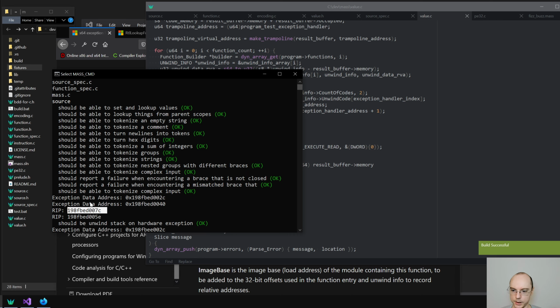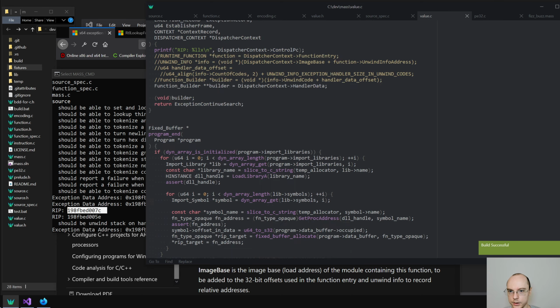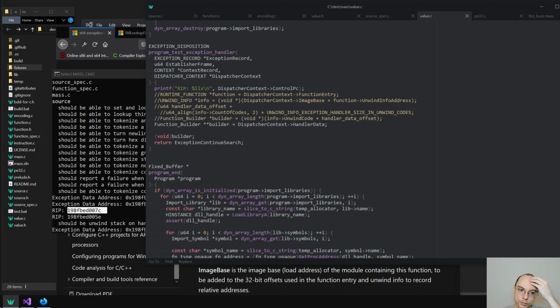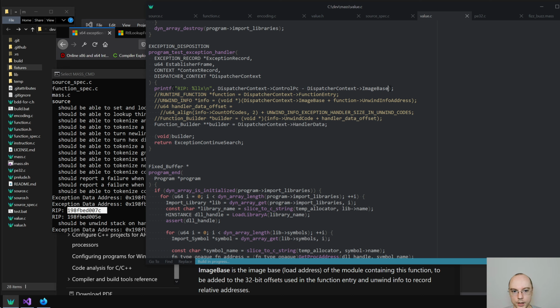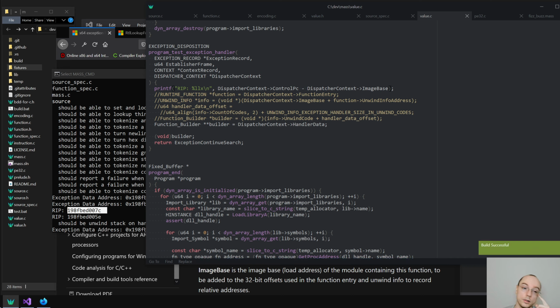Yeah, so this looks like a valid RIP pointer. So if we take that thing and subtract image base, and subtract